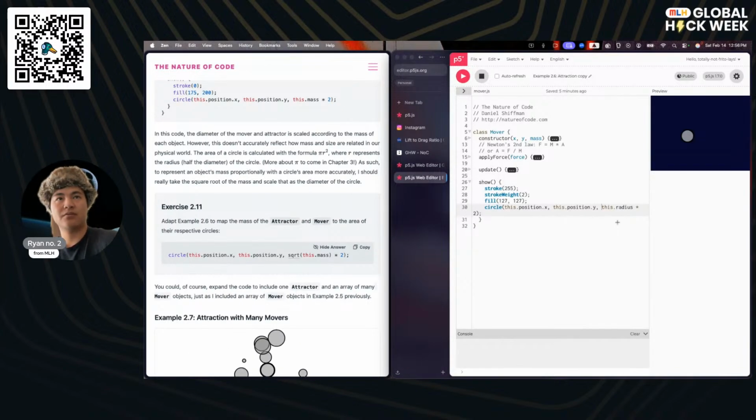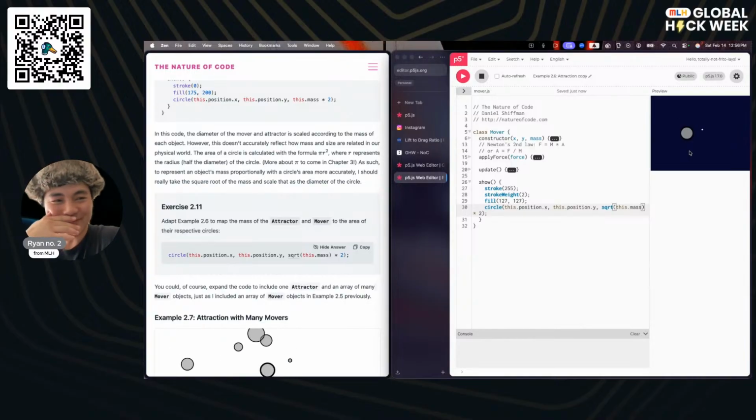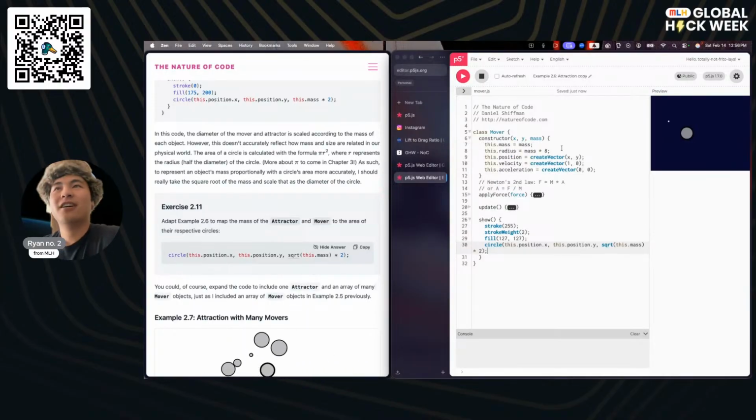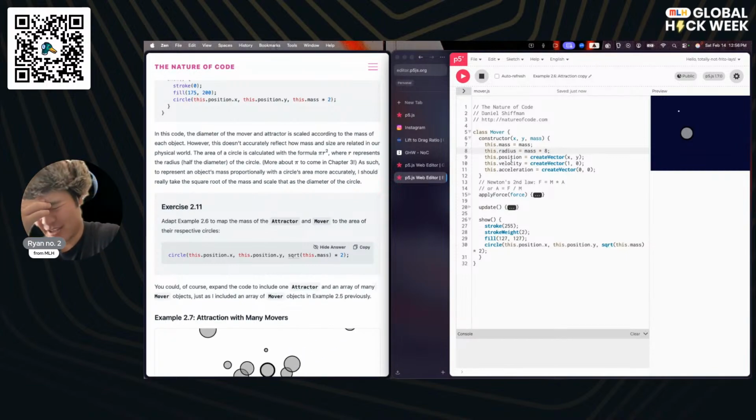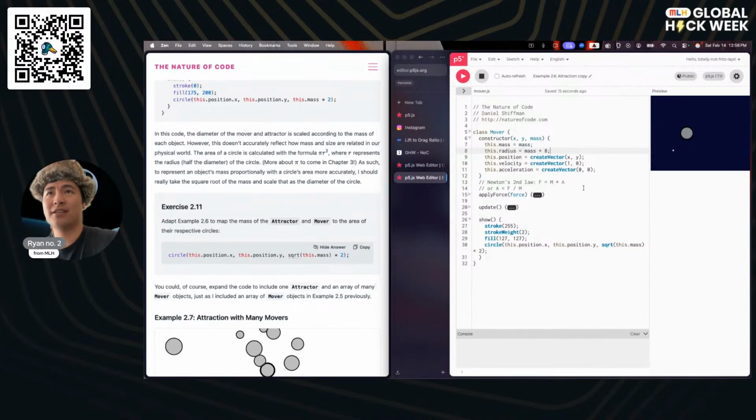So if we go ahead and pop this over, instead of setting it to be the radius separately, we could do this. So it's so small. Okay, so the reason why that, basically that's just saying that we've been manually setting up the radius to be independent of the mass.